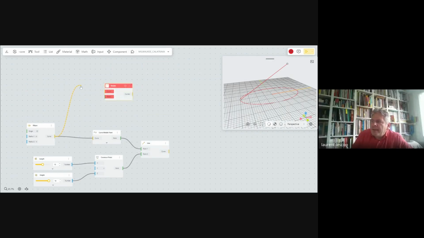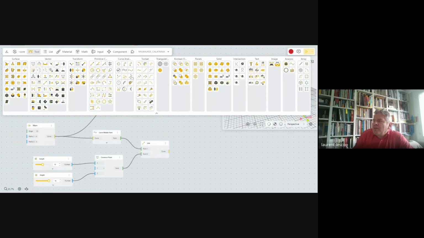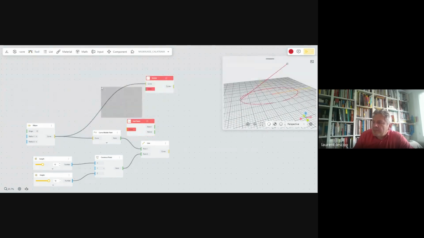There, I will connect my curve, and then I will have to know where I make the points that cut. For the moment, I've got one point and I'm missing one here, because I want those two halves, one from each side. So what I'm going to do is very closely the same thing. I will take the endpoints here.